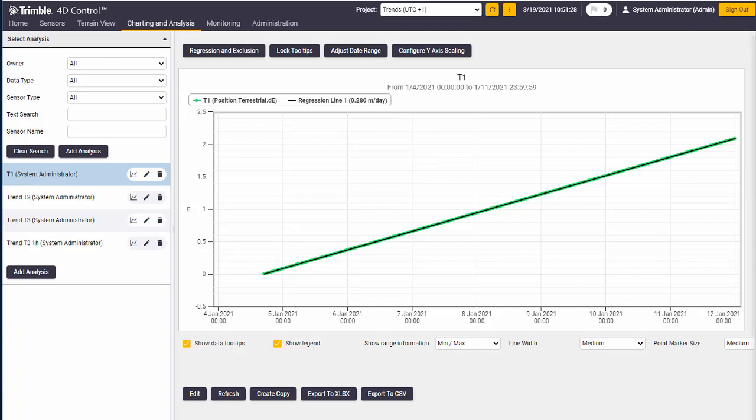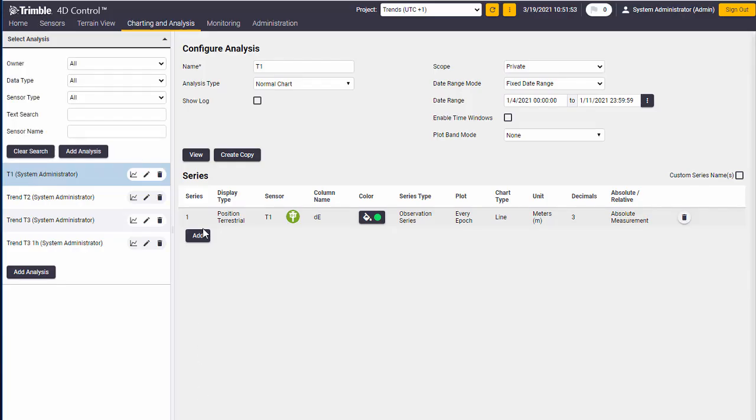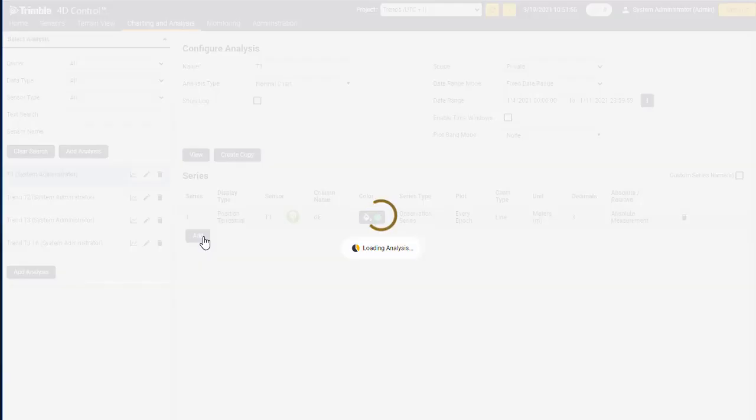Now I want to show you how to display the trend results in the analysis of T4D Web. Here I have one terrestrial sensor, T1, which moved quite a lot over 1 week. It moved over 2 meters in the easting component. The regression line shows 0.268 meters per day. Now I go to Edit to add the trends. Here I'll select Add,